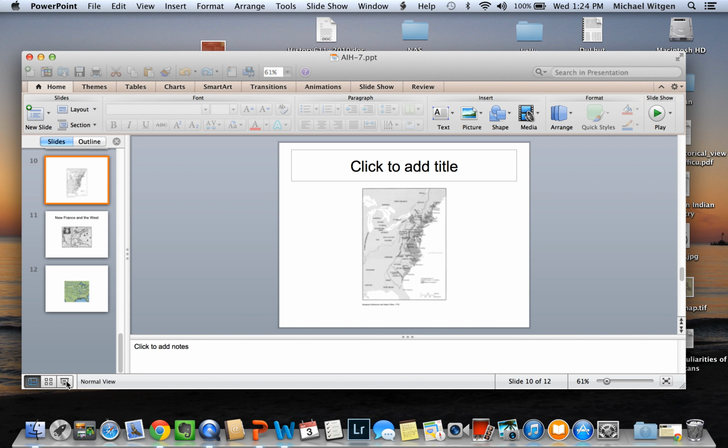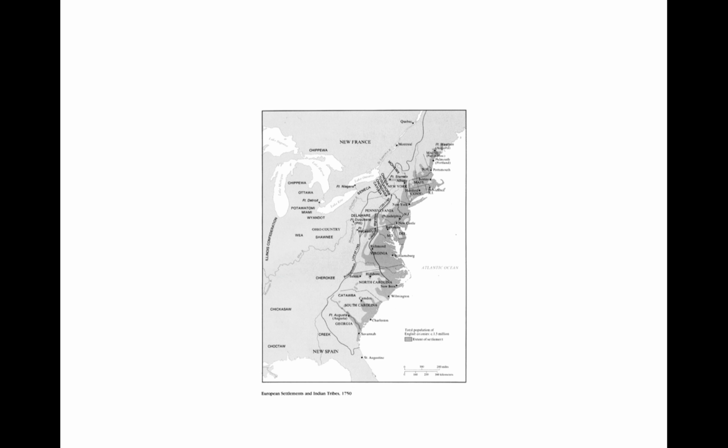For this week, I want to start by showing you this map. This is the world of the First West, and this is a world that I'd like you to think about in terms of three overlapping social worlds. The first is the world of empire, that is, a world divided between the British Empire, the French Empire, and